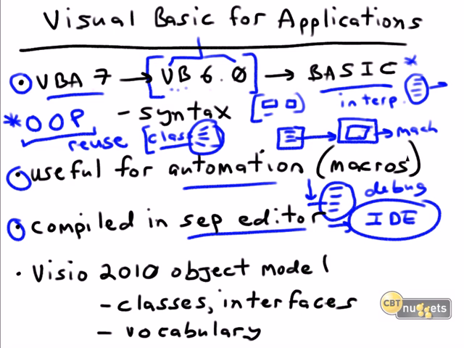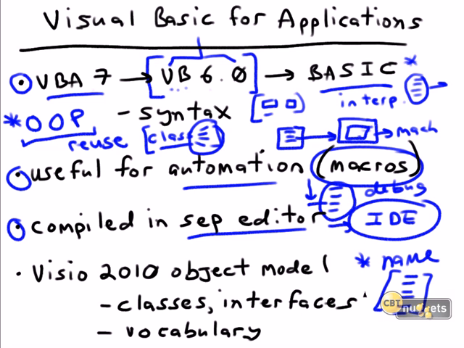Visual Basic for Applications is the underlying engine that goes into macros. A macro in an Office 2010 context is a pre-recorded series of steps that's saved under some friendly name, such that you can play back that macro with a keyboard shortcut, with a click of the mouse, with a selection from a dialog box. And all of the steps that were picked up by the macro recorder are played back at lightning speed. Now, immediately I hope you can see possibilities here.